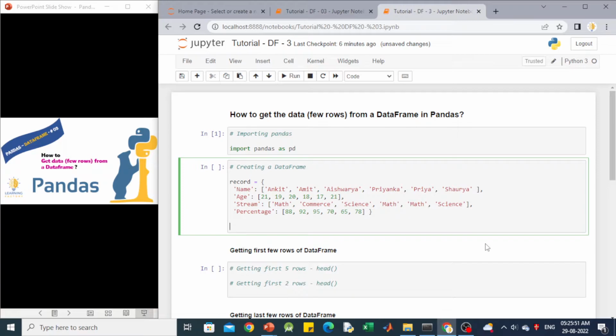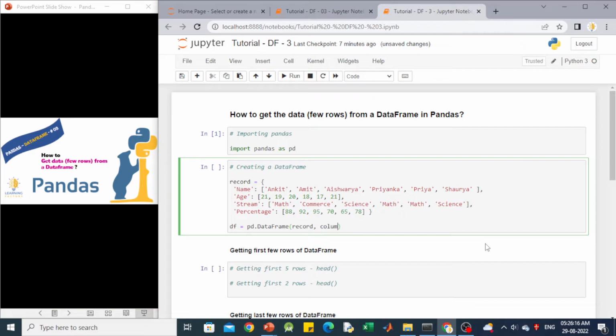So let's create a data frame object df equal to pd.DataFrame, in parenthesis this dictionary record which we are going to use to create the data frame,